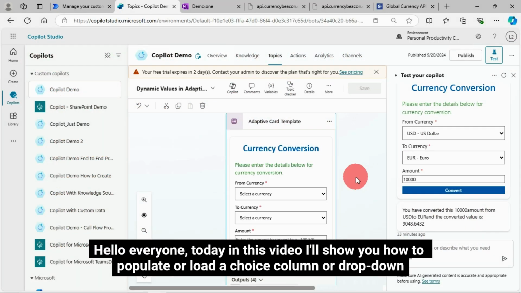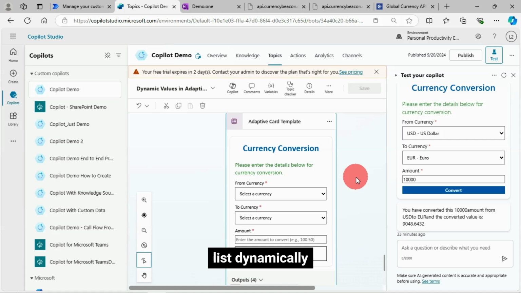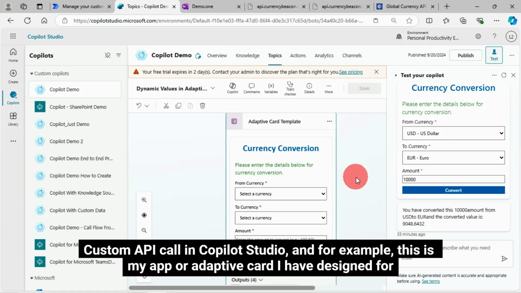Hello everyone. Today in this video, I'll show you how to populate or load a choice column or dropdown list dynamically from a custom API call in Copilot Studio. For example, this is my app, or adaptive card, I have designed for